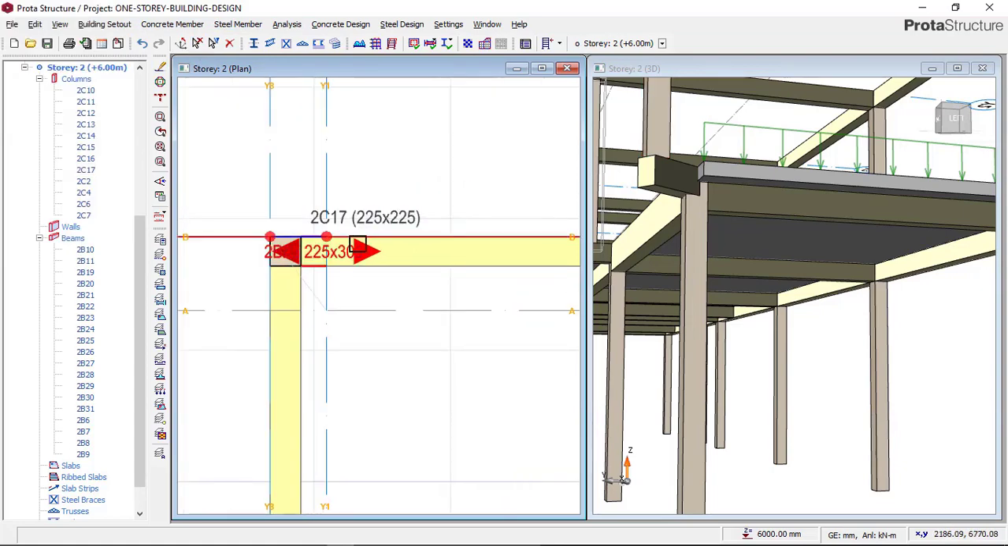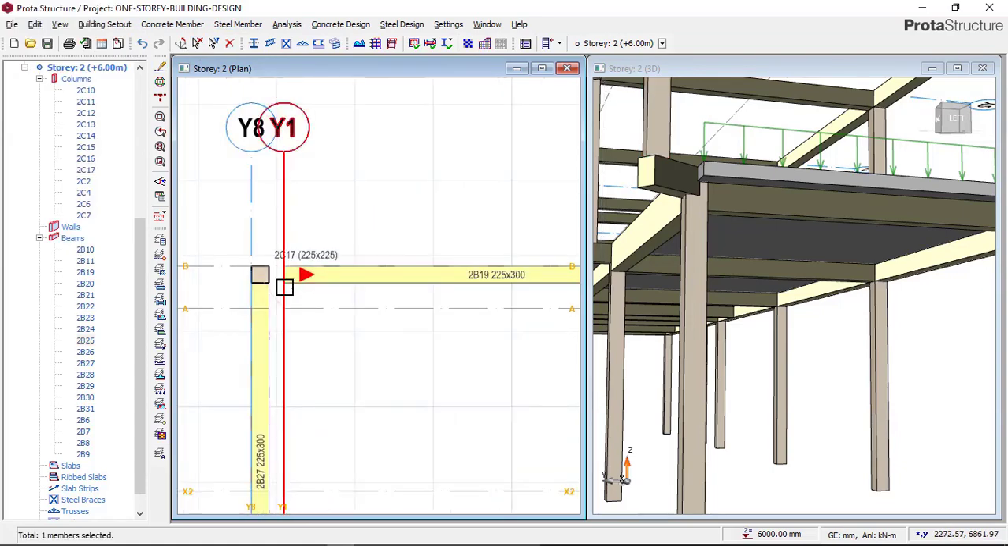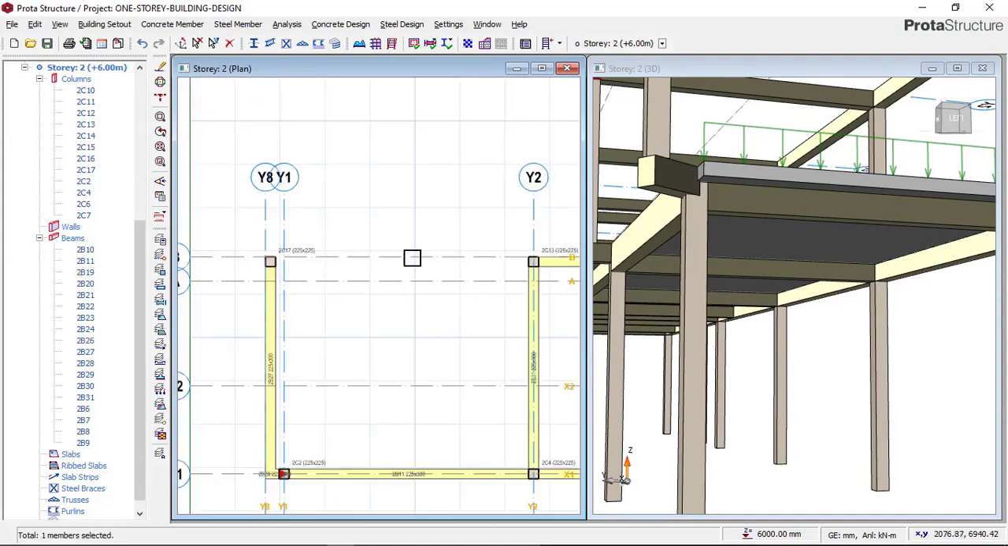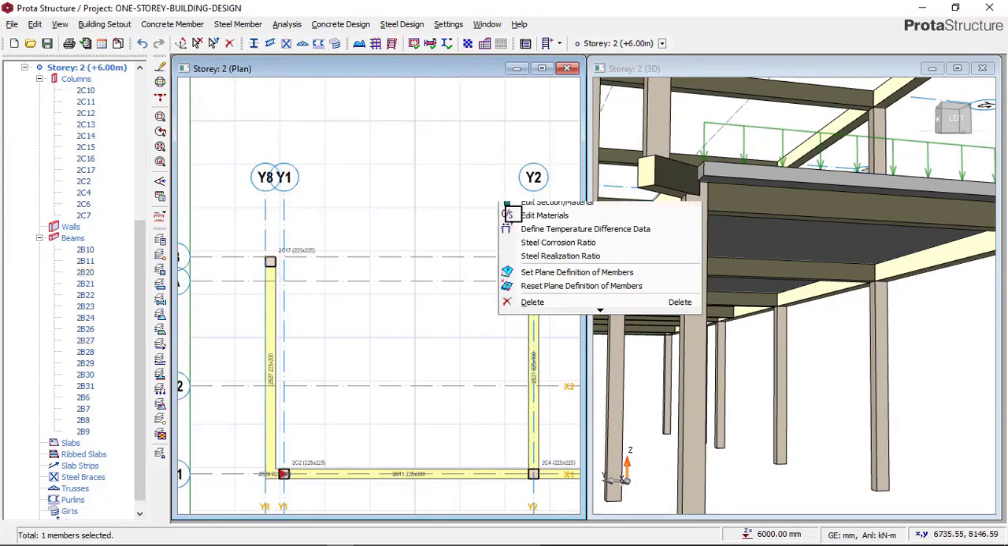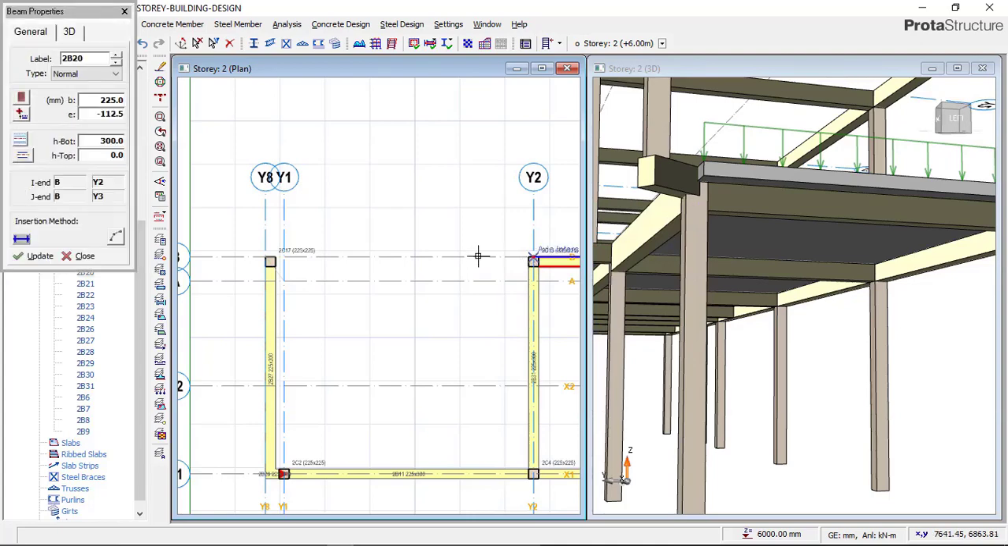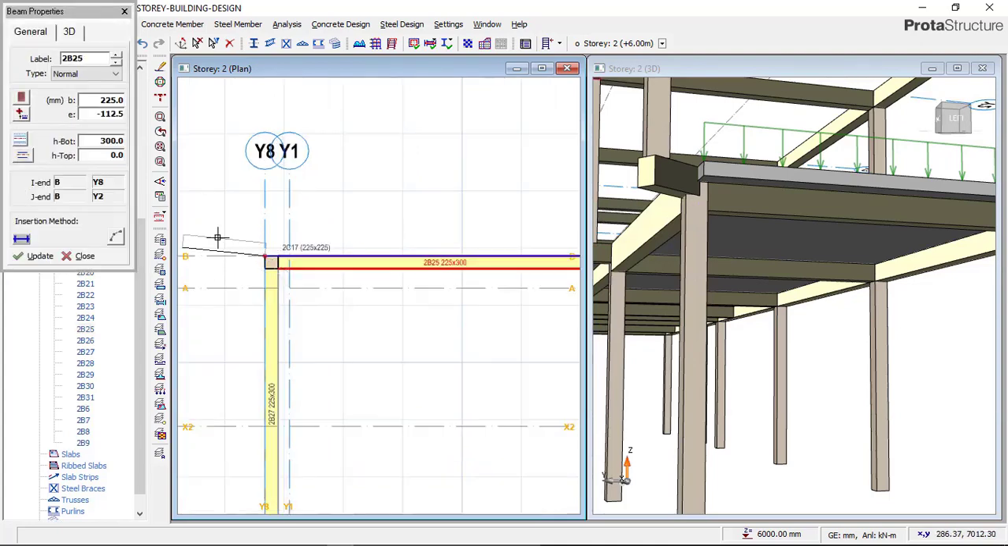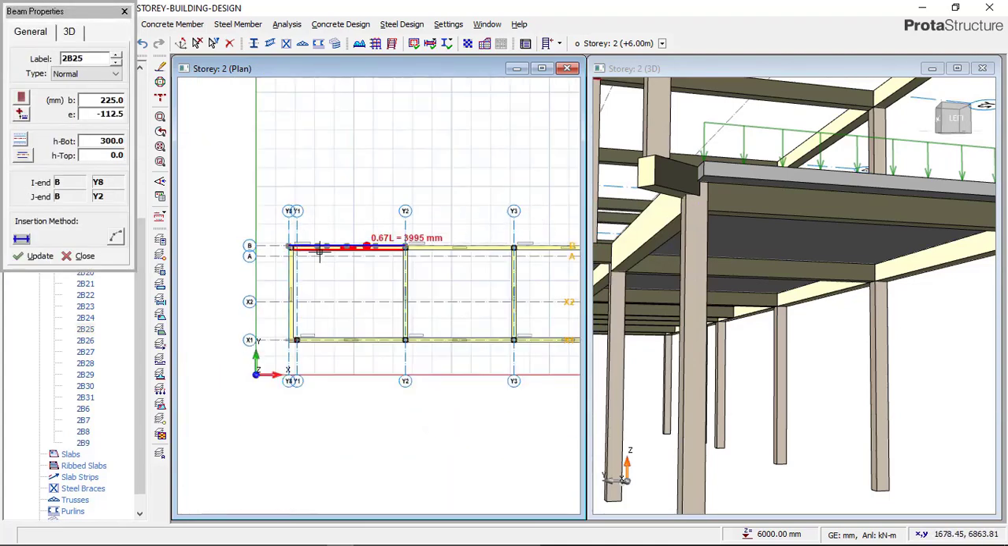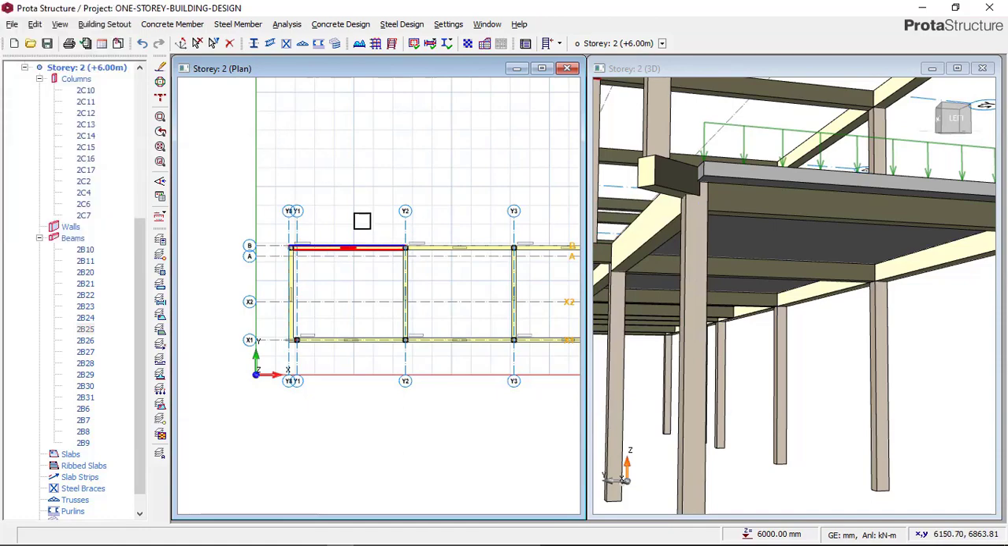So we have to remove this beam, and then make this beam flush with the column, as you can see there. So we have to insert a new beam. Go to properties, take this beam, and insert it from here to here. Okay, and then you can now see, if you click escape